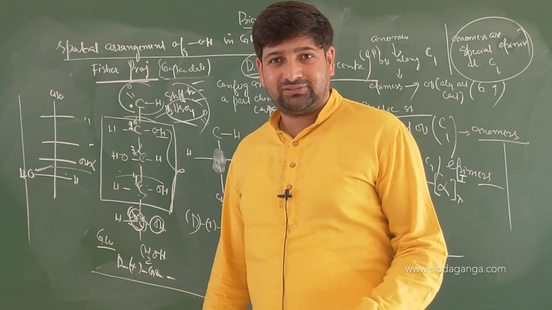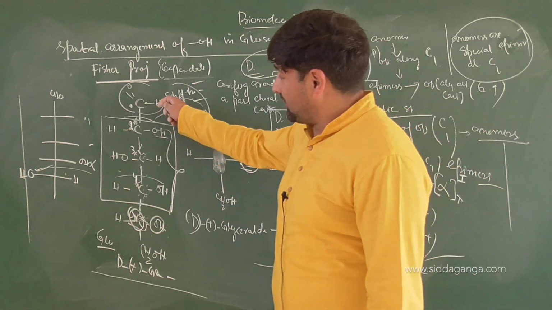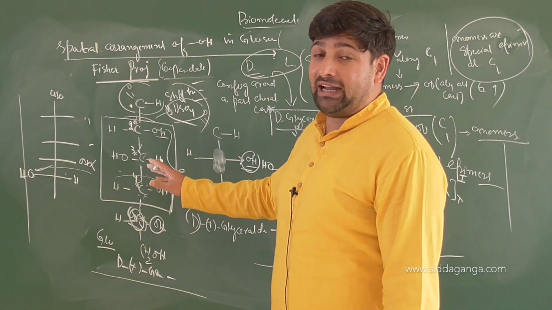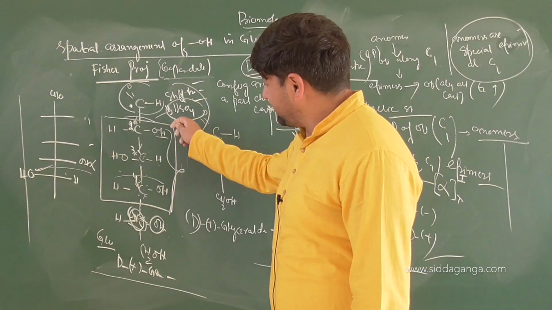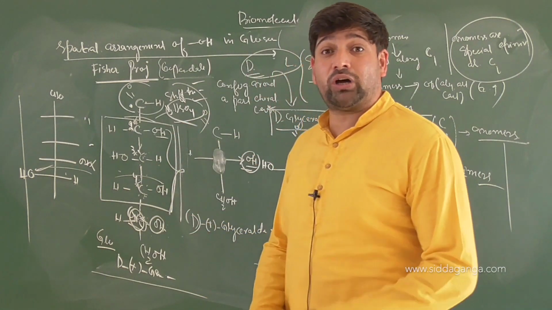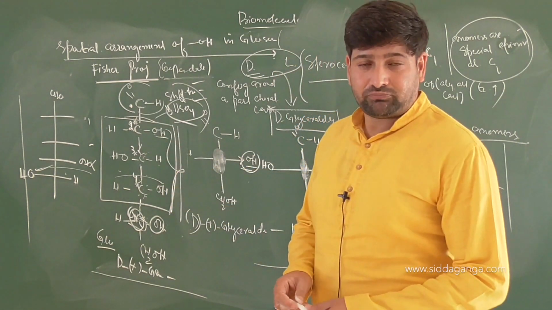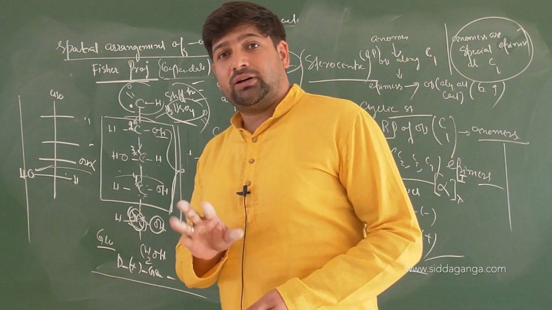Leading to the speculation that these structures are not always found in the open form, rather they may close and have closed structures also. So that was further elucidated by the concept of mutarotation. What exactly happened? When you look at glucose, you have two forms of glucose in closed form, alpha and beta glucose.